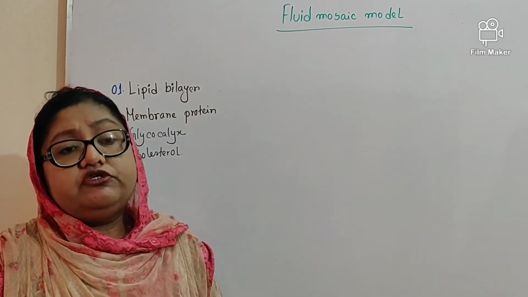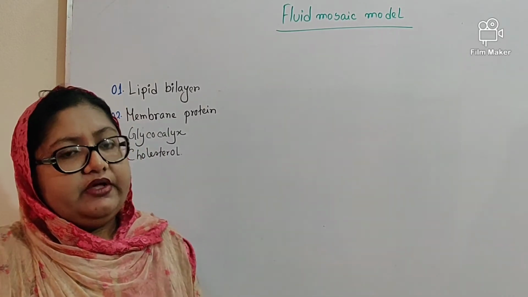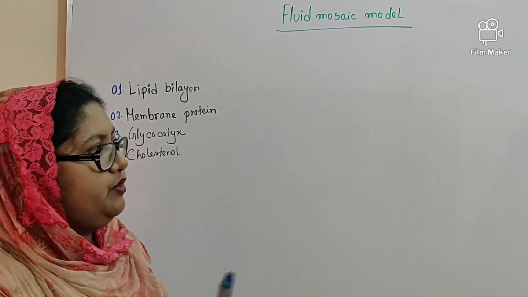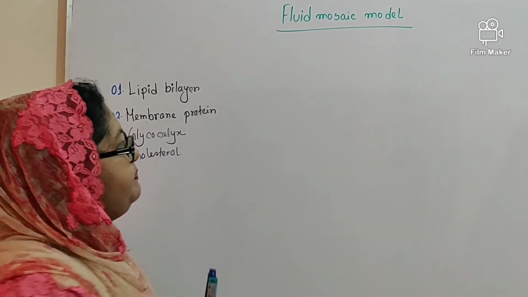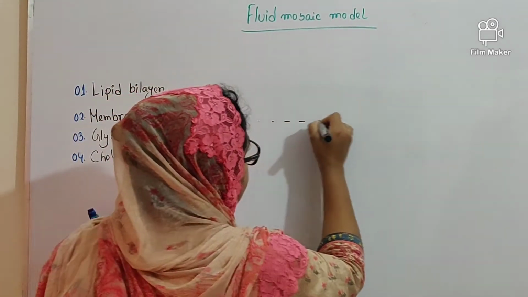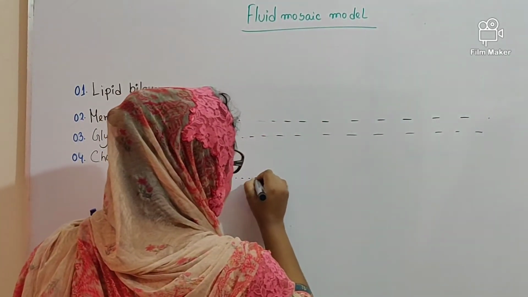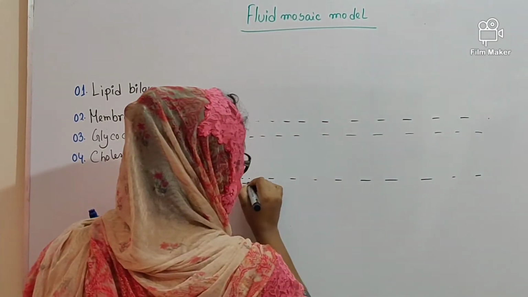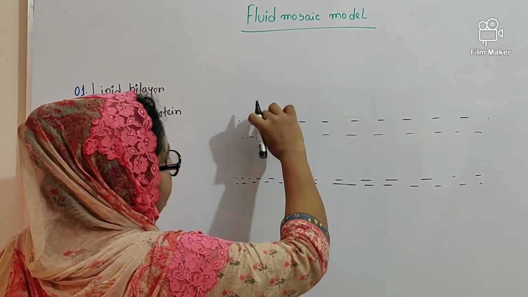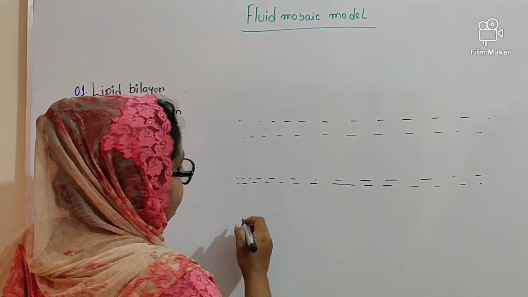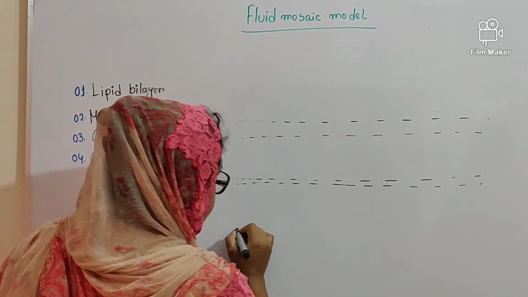Now, my dear students, at first I will draw the diagram of a fluid mosaic model. Then I will explain the structure. You can follow me right now on how to draw the diagram so easily. Okay. First of all, you will draw three pairs of lines, like this. The gap between the first two lines will be larger than the middle one. Okay, the gap of the middle layer will be less,